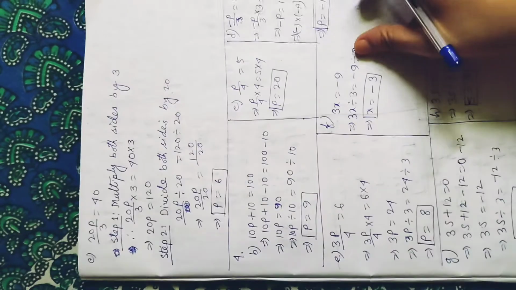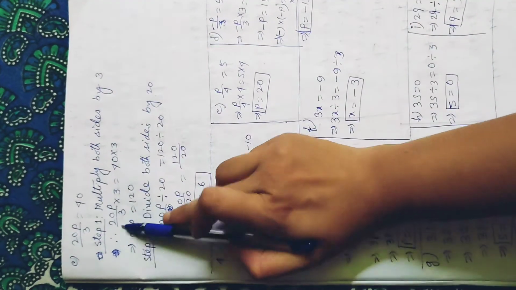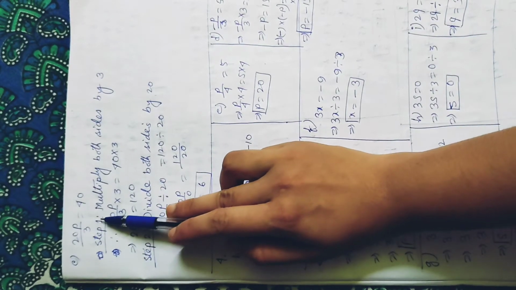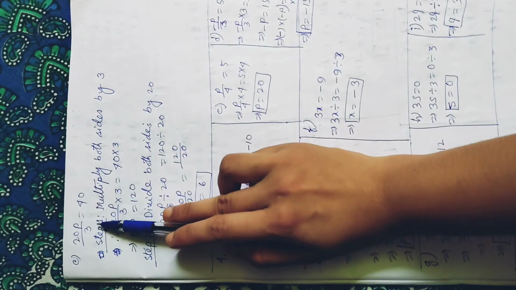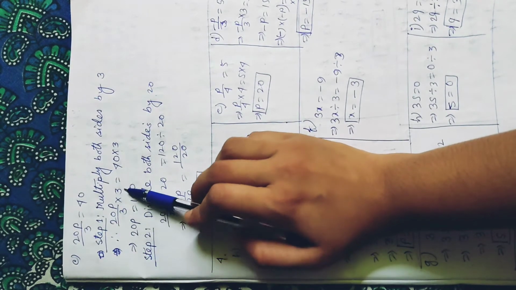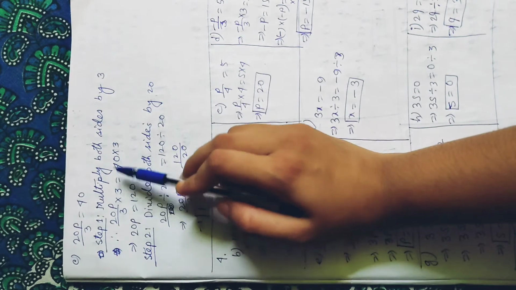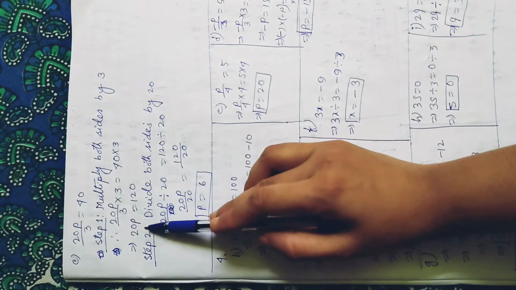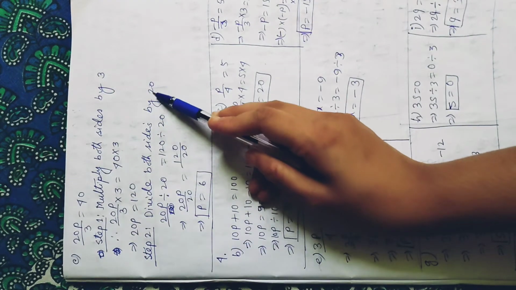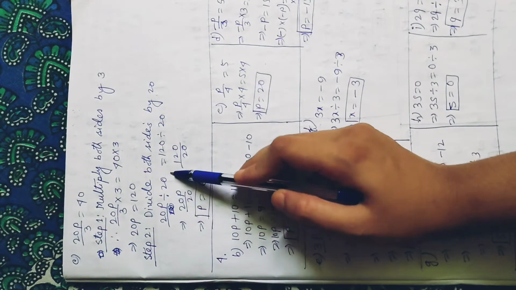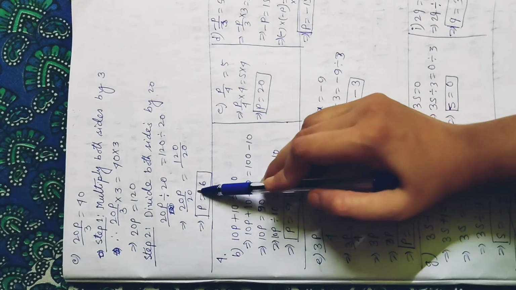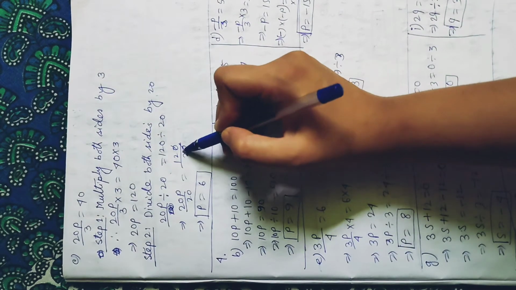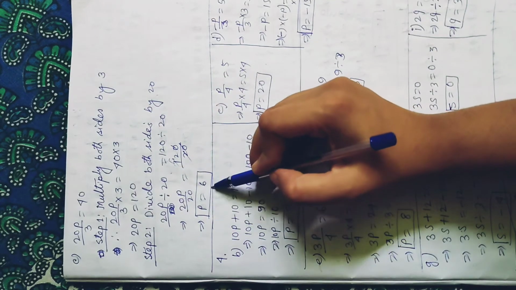Then the third one in question number 3 is 20p by 3 equals 40. Okay, step 1: 20p divided by 3. Divided by 3, the opposite is multiplied by 3. So on both sides multiply by 3. Then the 3 vanishes, and 40 times 3 is 120. So 20p equals 120. Then 20 is multiplied, the opposite is divided, both sides by 20. So 20p divided by 20 on both sides. The 20 by 20 vanishes, then p equals 120 divided by 20. The 0s vanish, 2 sixes are 12. So the value of p will be 6.